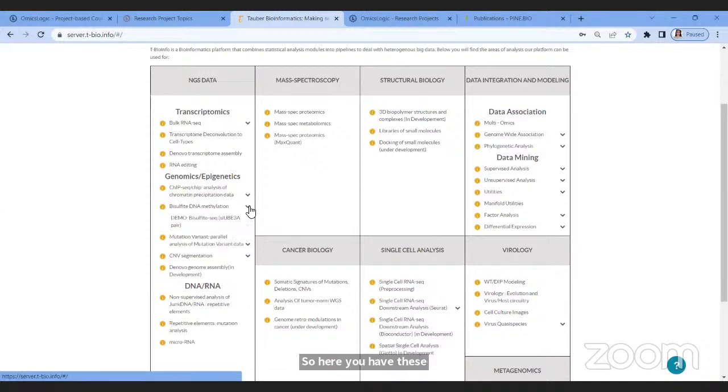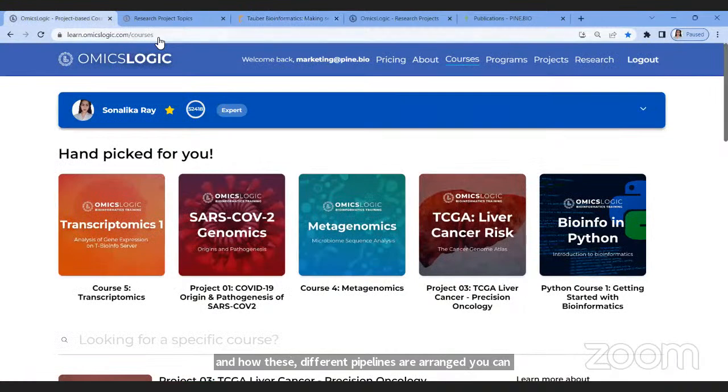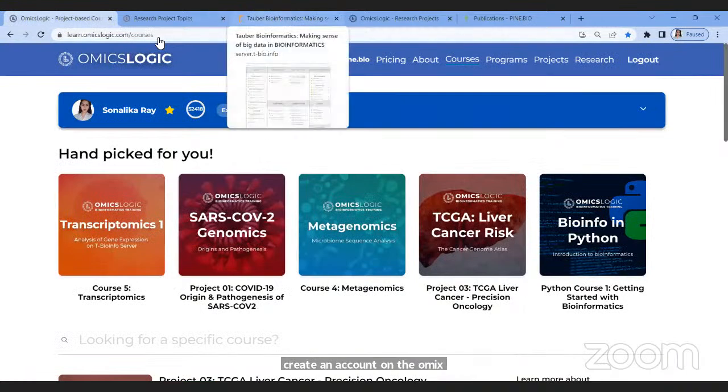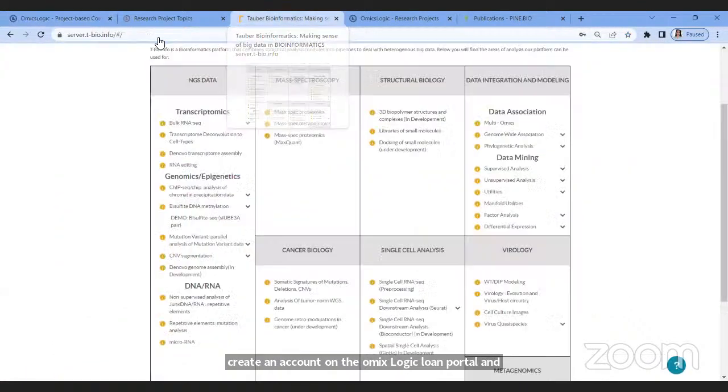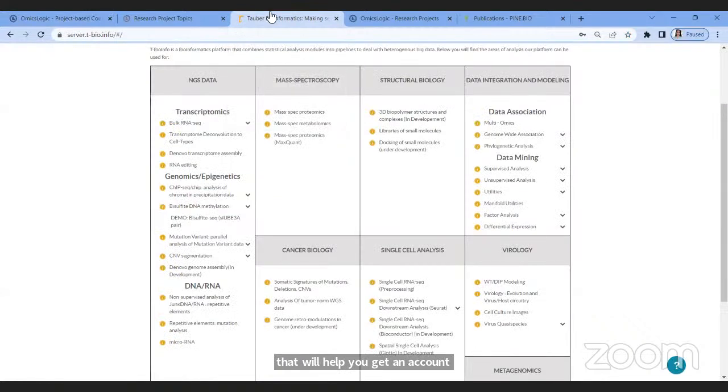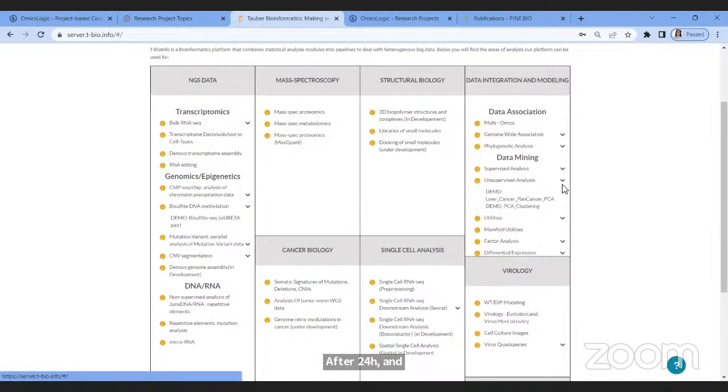Now, before you join a program, if you want to see how the server works and how these different pipelines are arranged, you can create an account on the OmicsLogic Learn portal, and that will help you get an account on the server as well after 24 hours. And then with that account, you can access some of the demo pipelines